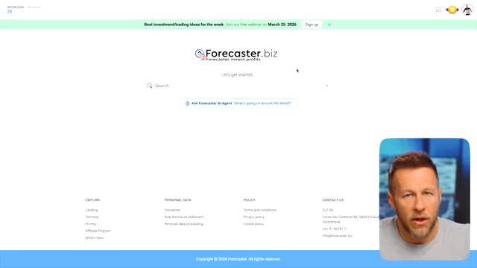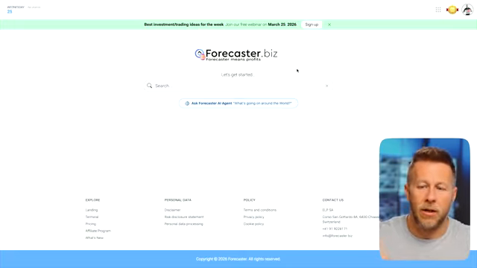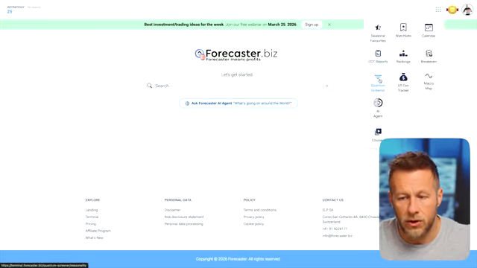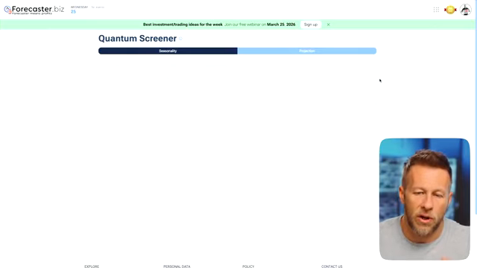I'm going to walk you through a very, very powerful tool now called Forecaster. So this is how it works. You go to forecaster.biz. I'll put the link in the pinned comment. Go over to here and click on Quantum Screener. Now what Forecaster is, it's an